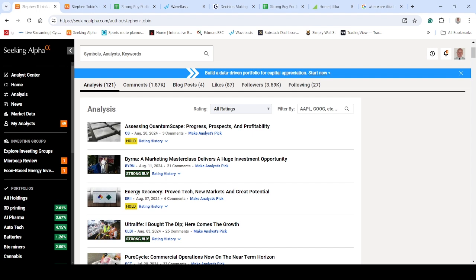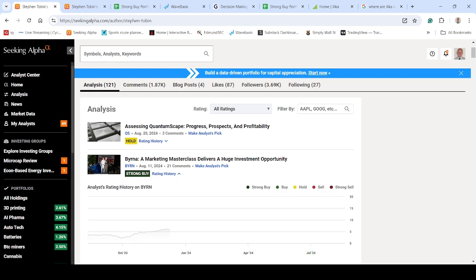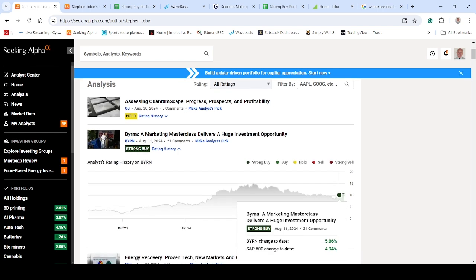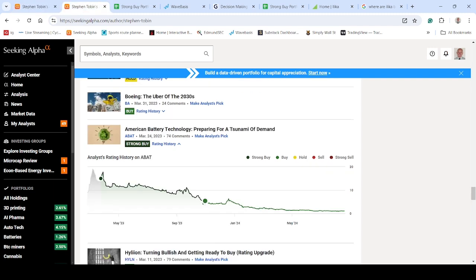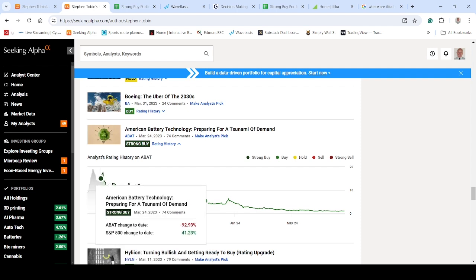If we look at this article here, Burner, published quite recently, we can see how exact it is. It tells me exactly the day I said I'd buy it, exactly what's happened since then, both the change in Burner and, very importantly, for opportunity cost of capital, the change in the S&P. It's not always been doing quite as well as that. And if we look back, we can see one here that I wrote over 12 months ago, March 2023, and we can see that just hasn't done as well. I said here to buy it, and since then it's down